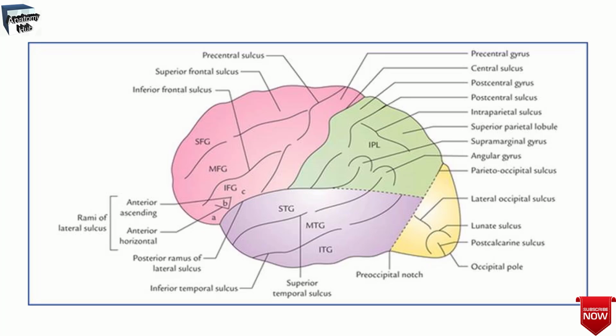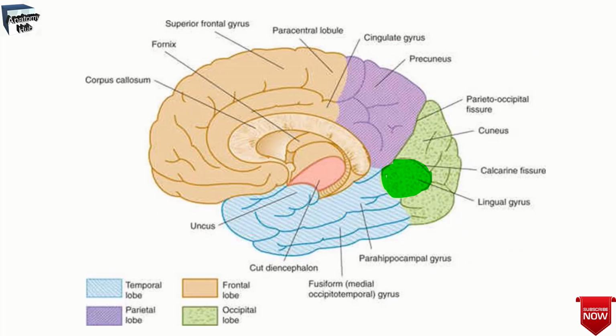Like this, here you'll find the superior and inferior occipital gyrus. So here you'll find the superior occipital gyrus, and here you'll find the inferior occipital gyrus that is found on the lateral surface of the occipital lobe. So like this, here you'll find the lingual gyrus at the medial surface of your cerebral hemisphere. So this gyrus is also the part of your occipital lobe, but in the medial surface.